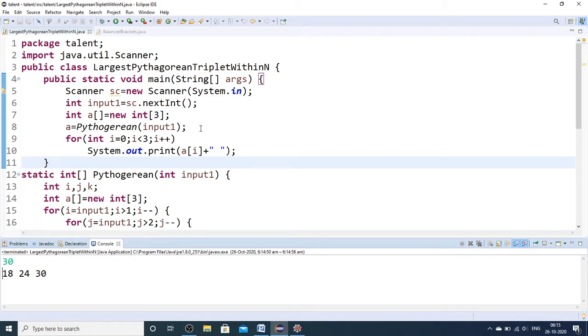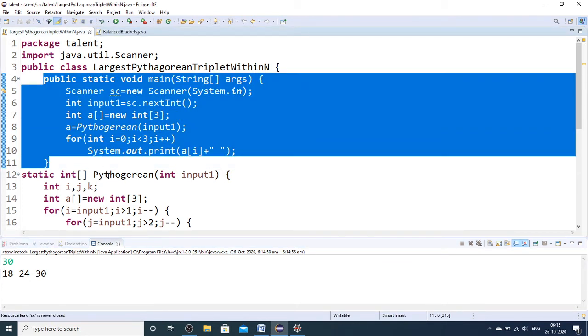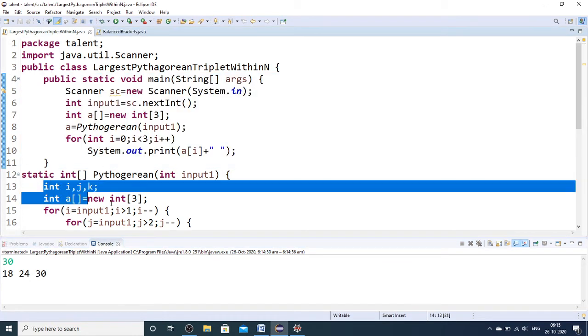Coming to the code, in the placement exam, you don't need this main method. You can just write this Pythagorean function code.